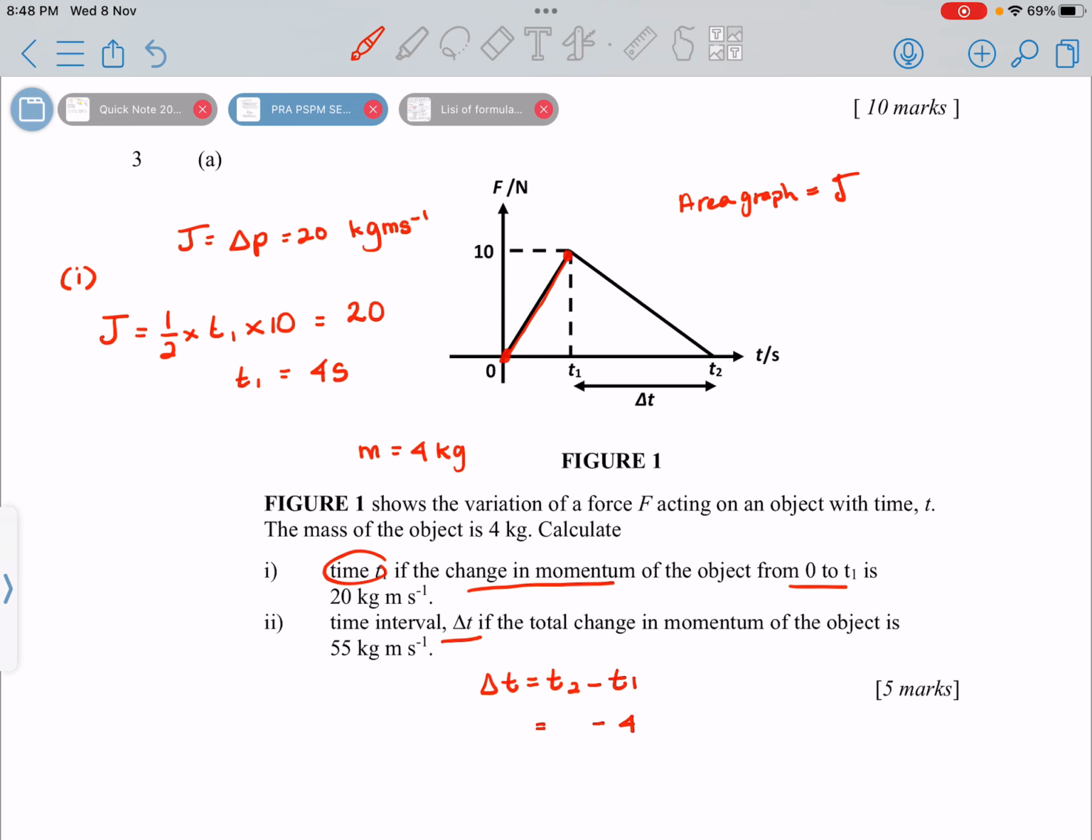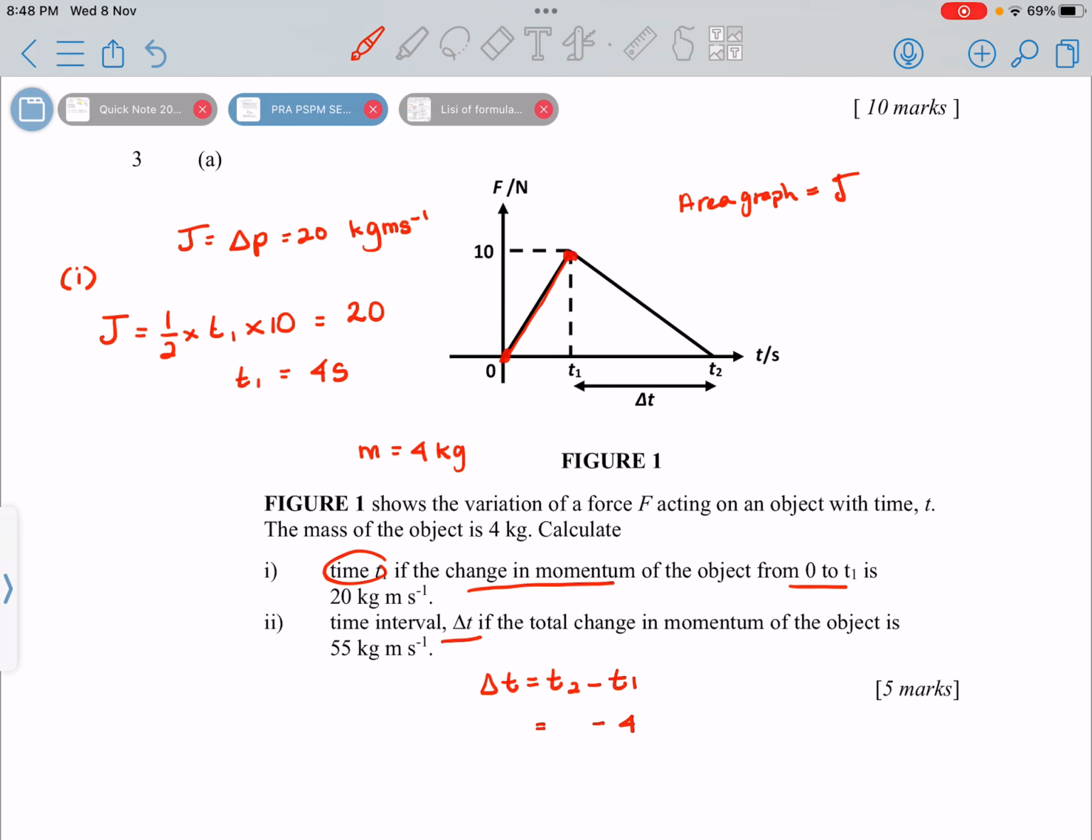Maksudnya, total change of momentum semua ni lah, semua ni maksudnya change in momentum dia sama dengan 55 kg m s^-1. So kita tahu change in momentum adalah also impulse. So cara lain cari impulse adalah area under the graph. Okay, so kalau kita ada total maksudnya semua ni lah kan. Area semua ni maksudnya